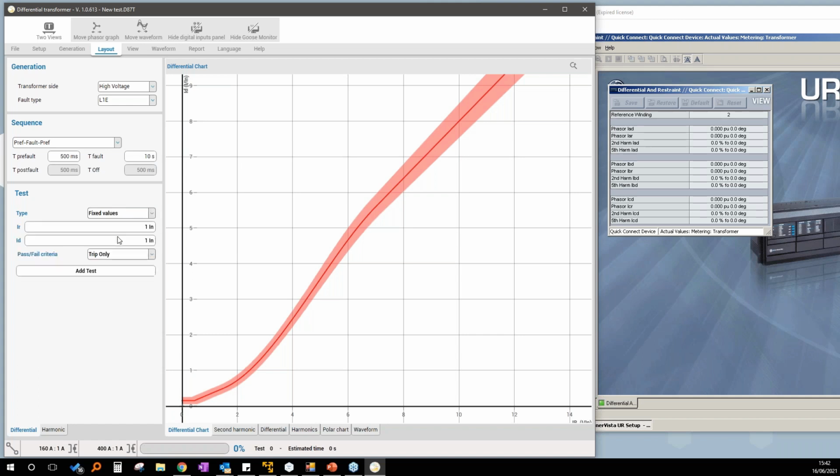Then, for example, I want to generate this point, 4 as a bias current and 1 as a differential current. So what I expect is to see exactly this number, so 4 and 1 here.